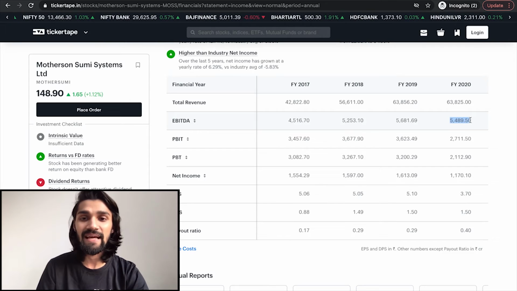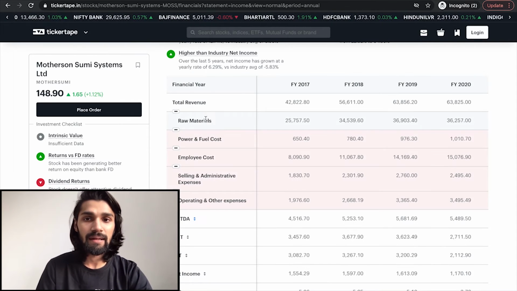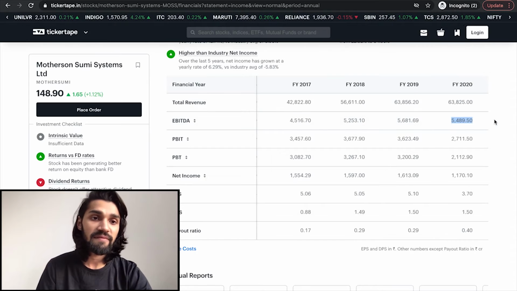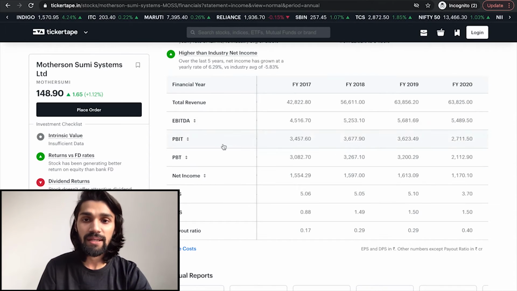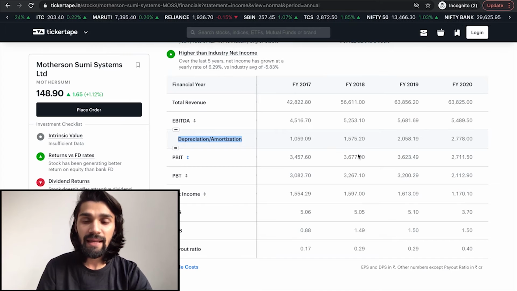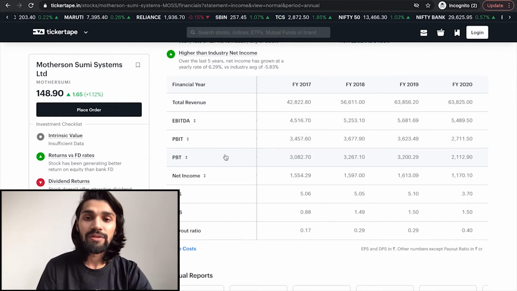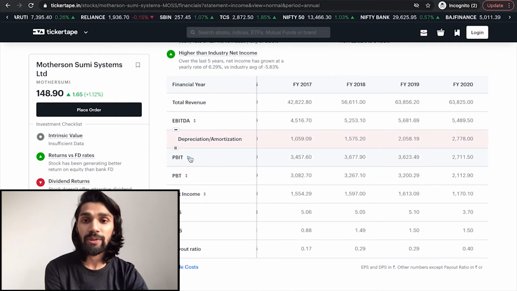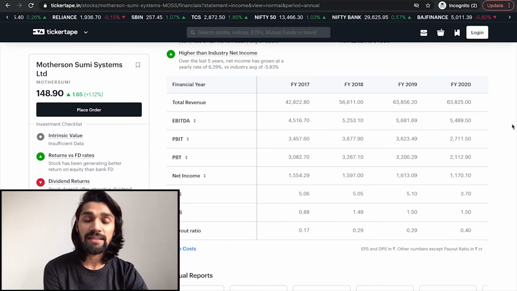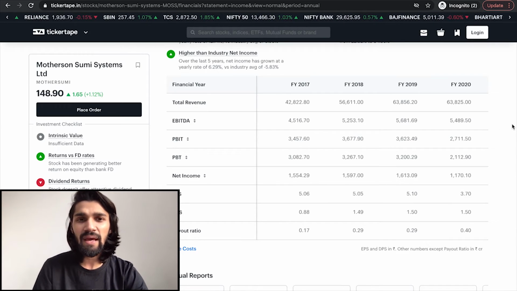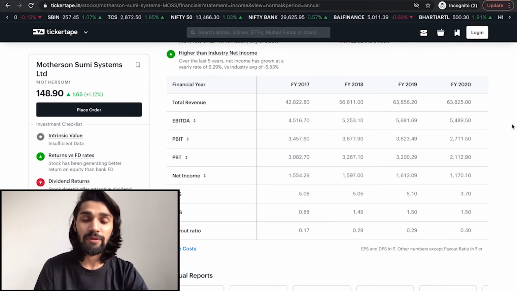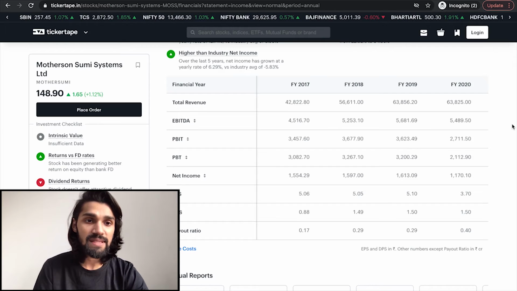So these are the fixed and the variable costs. And once you subtract all that, you get something called EBITDA. And EBITDA is 5,489.5 crores. Now they have subtracted depreciation and amortization, and they have shown something called PBIT. So what we learned is EBIT, that's earning before interest and tax, and what they are showing here is profit before interest and tax, that's PBIT. They are not exactly the same, but you can definitely consider this as well. So let's look into PBIT instead, and that is